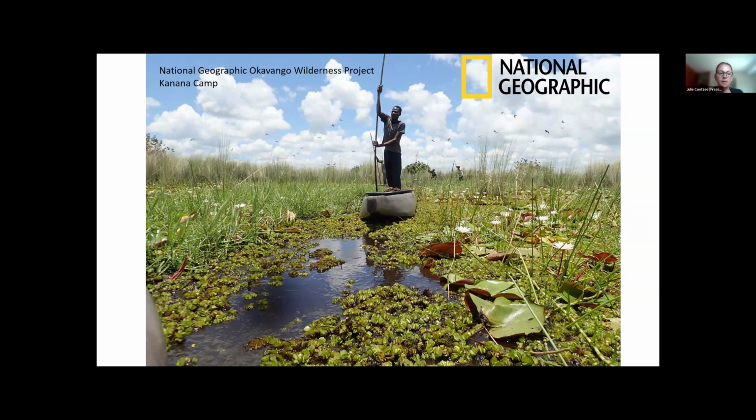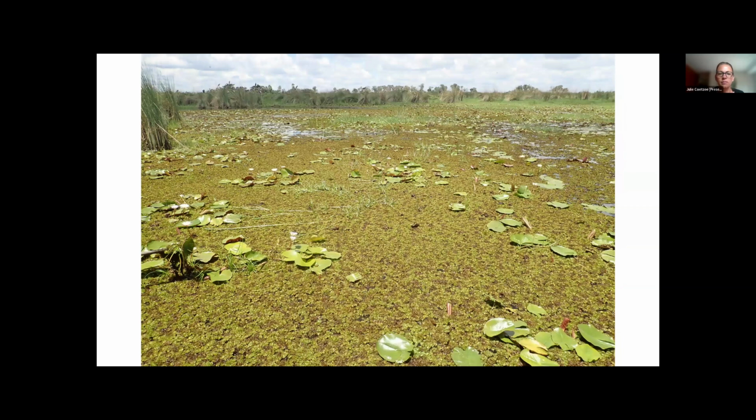Now, Salvinia molesta has been in the Okavango for a really, really long time. And the biocontrol agents were released in the 1980s, 1990s, and there's been various levels of control. And as this plant comes back and disappears and comes back due to hydrological changes, we see variations in the level of the infestation. And here's just another look. You can see how this plant is completely taking over that water surface and excluding those water lilies.